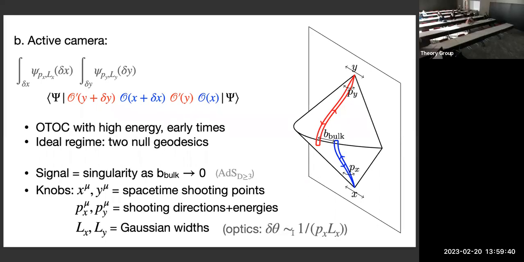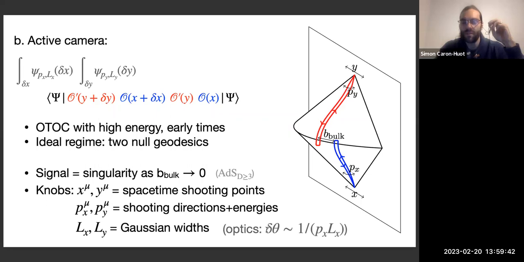So like there's a famous rule of thumb in optics that if you have an object, like your eye has a size L, and looking at the wavelength 1/p, then the angular resolution is 1/pL, and the same principle effectively applies here. So if your wave packet is too small in X space, you're not able to resolve angles very accurately. So you have to choose all these parameters, and the hope is that